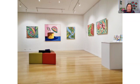It's only about a 5-minute drive from home, and it's such a beautiful space. And I really wanted to have an exhibition close to home and just brighten things up in the community. It was only open for 6 days, and then we were closed down for a while, but it is open again. And even in the 6 days, it was really exciting and fun to talk to people